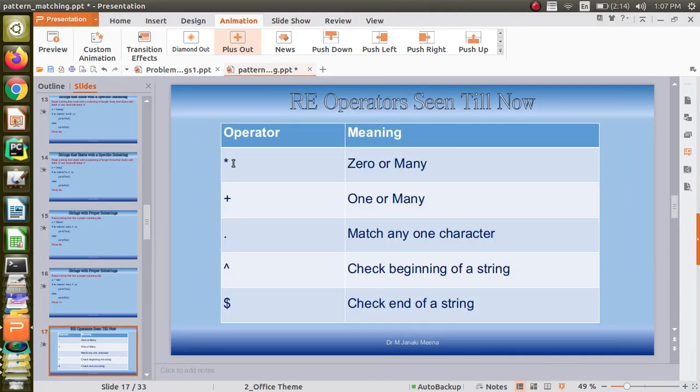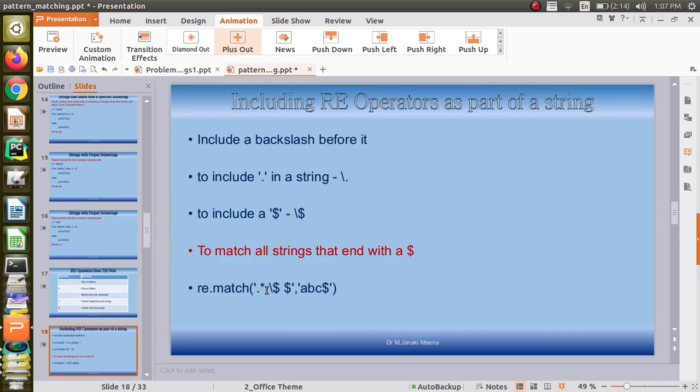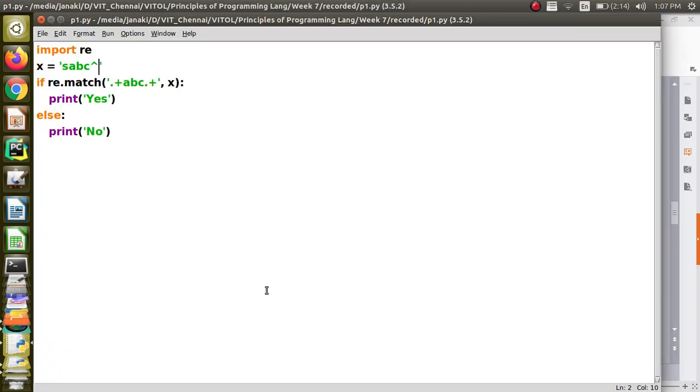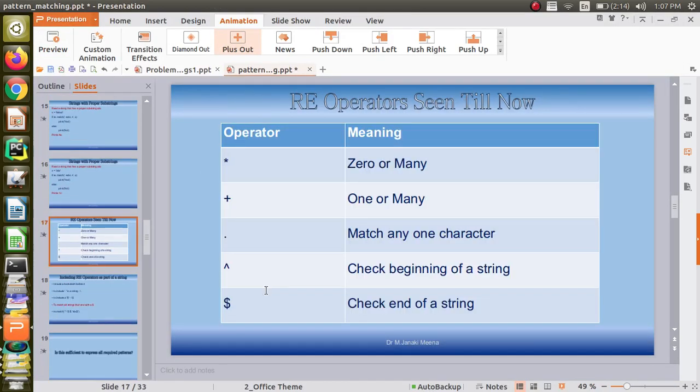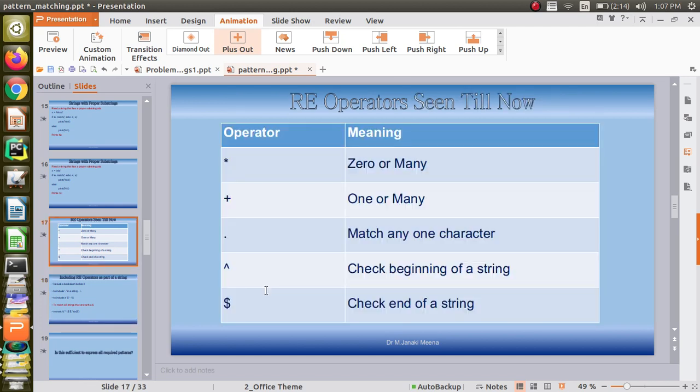So this is about these operators. We have seen these operators in re, that is star, plus, dot, and one more thing, the cap symbol. The cap symbol is for the start. If you want to specifically say start, then you have to use the cap symbol, but generally when the pattern is being matched, it searches from the beginning. So cap is optional for checking from the beginning of a string. Dollar is for checking the end of the string, right? So these are all the operators that we have seen till now. We have more to discuss about re. We will continue in the next lecture.